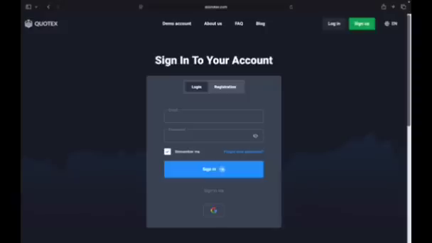Online to trade. So we're just going to hit on how to use the Quotex platform, and if you're still finding it hard or difficult, or you just want to learn how it functions, works,